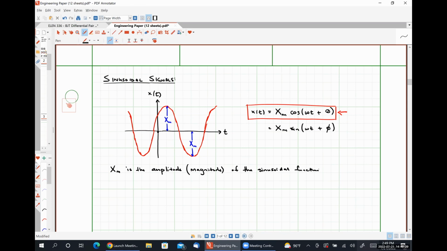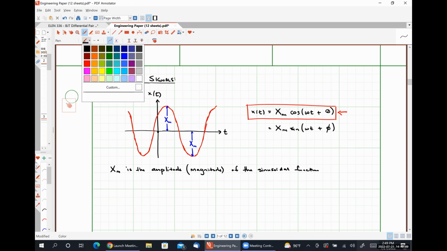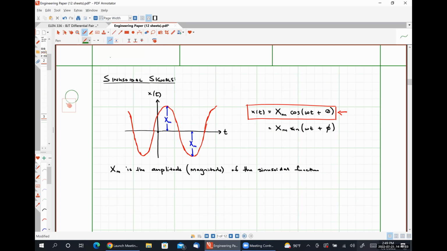And it represents the maximum value. Okay. Now let's talk about omega. But before we can talk about omega, we need to actually represent something else. Okay. So the distance from the negative peak value to the negative peak value